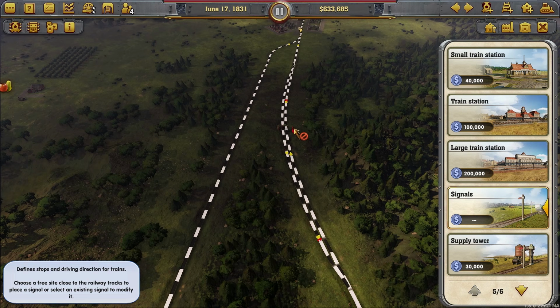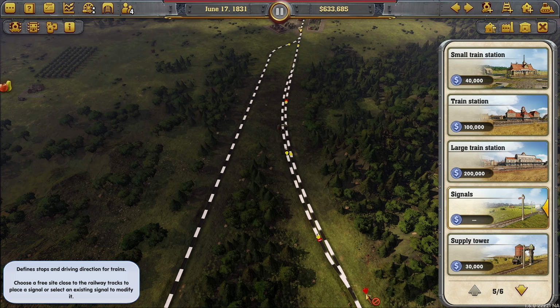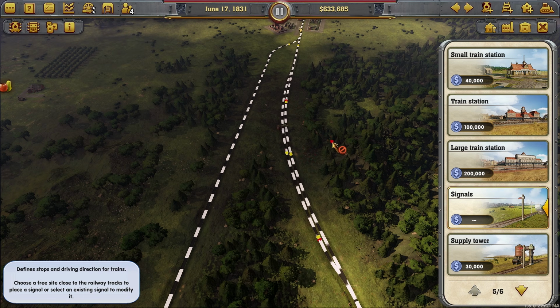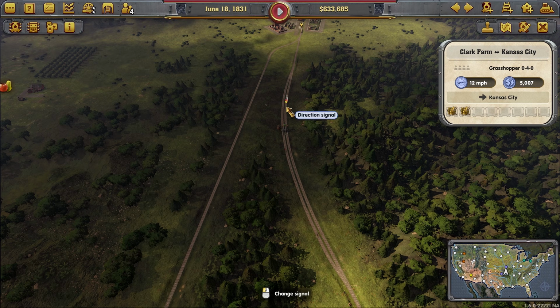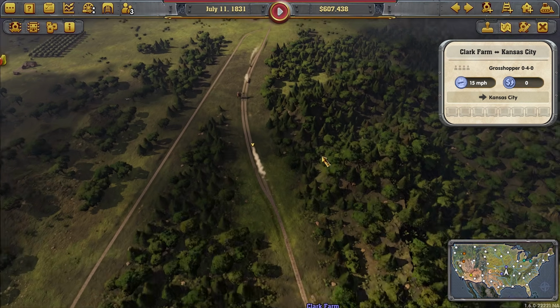So hopefully you've got enough space between this signal and this signal for the train to stop, and then if there was another one coming up behind, it would stop at this signal rather than crashing into the back of the first train, if you see what I mean. So now I could add potentially two more trains on this line probably,